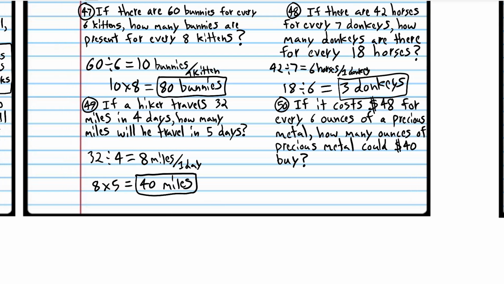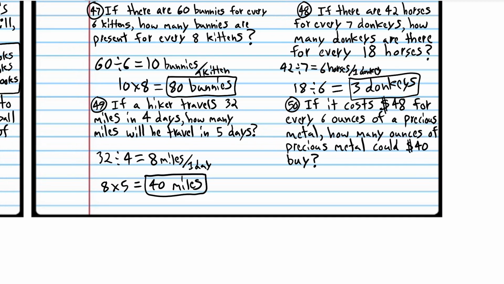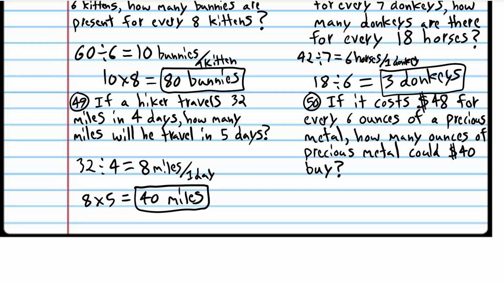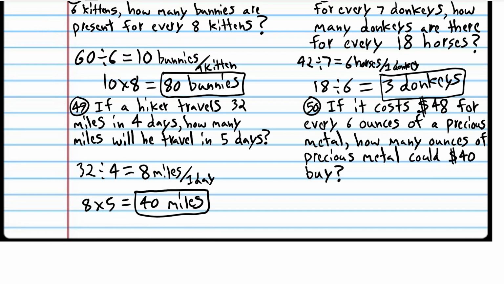All right, so if you got the right answer, good job. Just be aware that sometimes you'll multiply and sometimes you'll divide in the second step. Try number 50, and when you come back, we'll do it together. All right, we're back. So take 48 and divide by 6, and you get $8